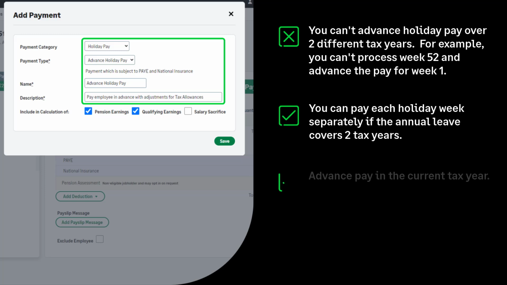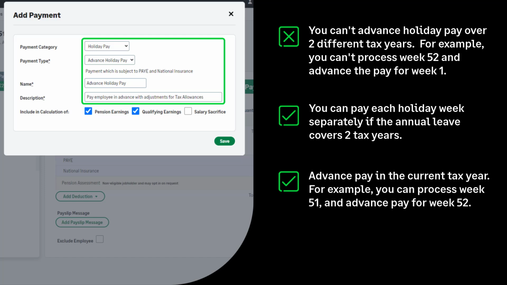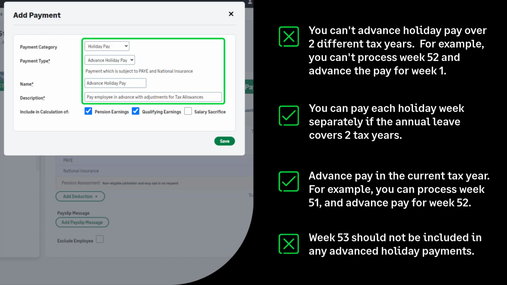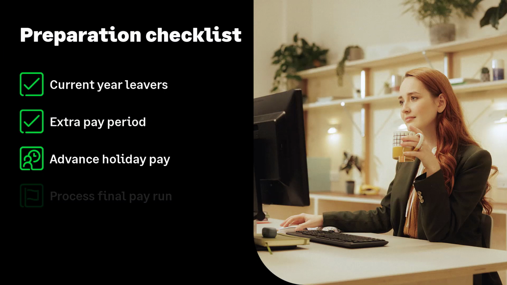Use the advance pay option if the advance pay period covers any weeks up to and including week 52. For example, you are processing week 51 and advancing to week 52. If you have a week 53, this should be processed separately and should not be included in an advanced holiday payment.